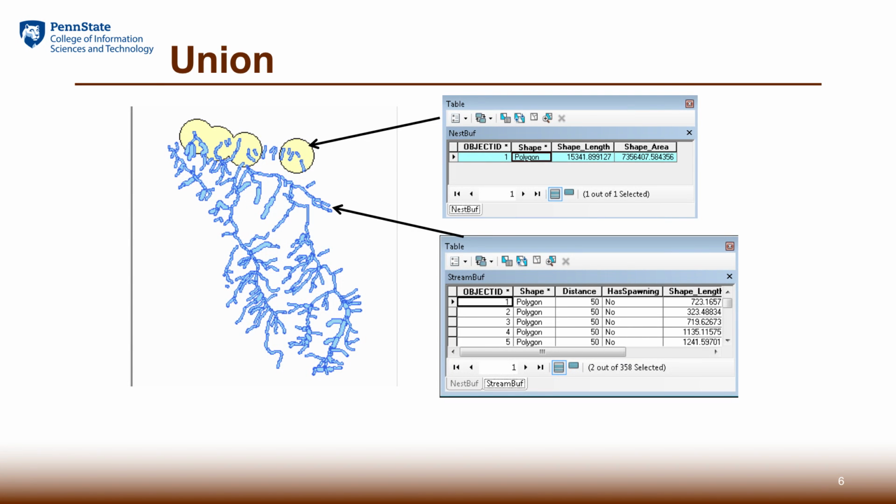So let's take a look at the union overlay first. Union overlay is useful when we try to combine the similar features into the outputs. The example we gave here, we want to find out the forest area that cannot be harvested. First rule says the proximity of those streams needs to be protected.